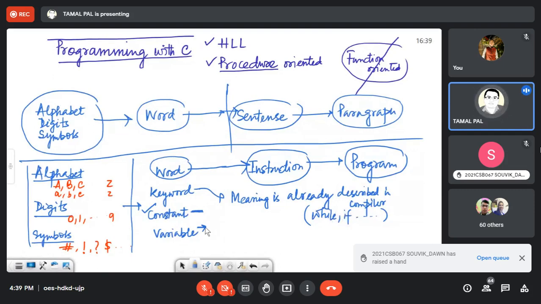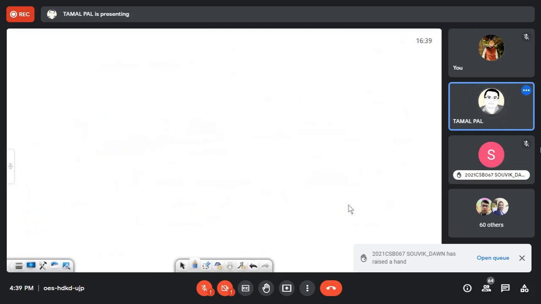And variable means some entity whose value changes. Just like we have seen variables in mathematics, but here additionally variable has some meaning. I am going to discuss that too.